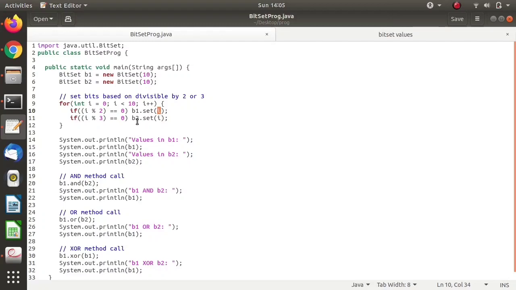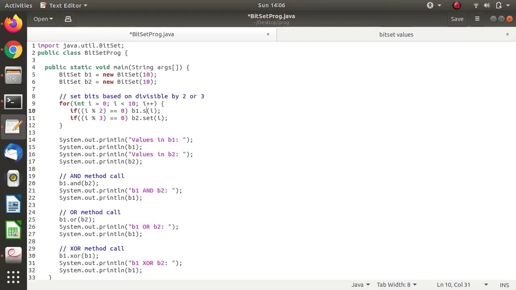Instead of set, if we call clear, then for that particular index the value will become 0. So the two main methods of the bitset class are set and clear.